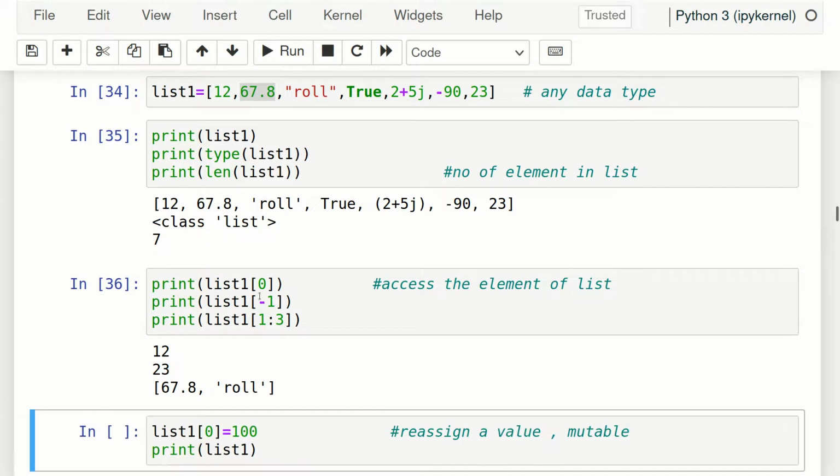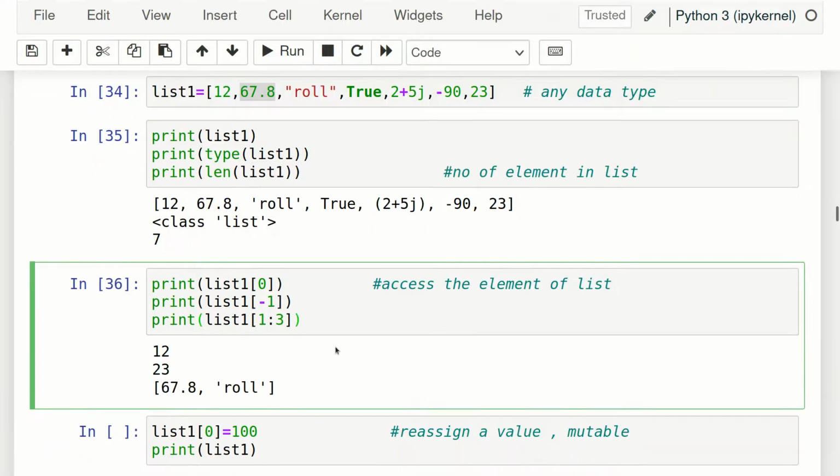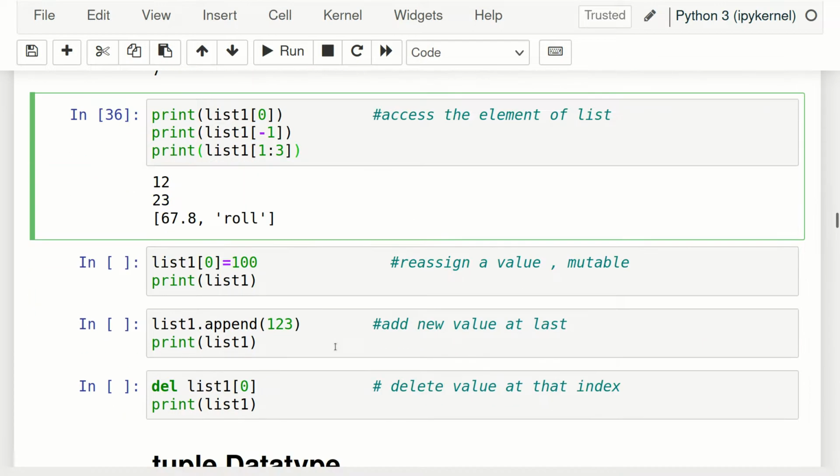Okay, so the first thing is index 0, which is 12, correct. -1 is 23, correct. And then 1:3, 3 will not be included, means this one and this one, it is also correct. So I think we are getting slicing.